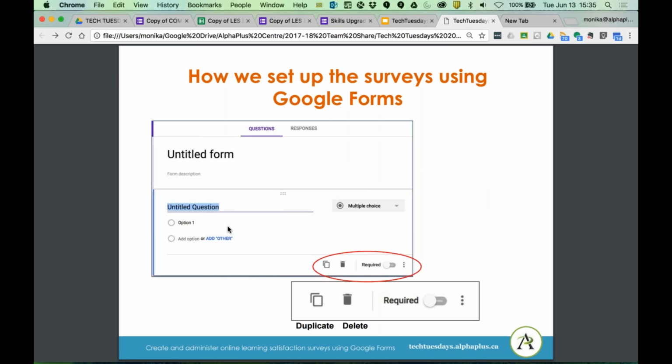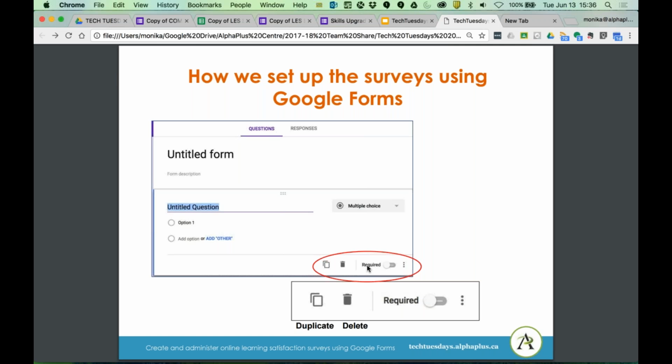Now, if you also look at the bottom of the page, every time you create a question, you will have a question, type of question, options, and then at the bottom, there will be a few extra tools. One of them will be to copy or duplicate the question, so you don't have to redo it every time. Another one will be to delete it, to set it as a required question. So that's when Charlotte was saying we have the red asterisk to make the question required. So the participant filling out the survey cannot continue until they answer the question, and the system will remind them